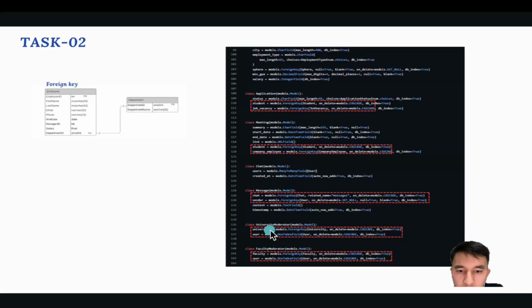University moderator connects with user. The relationship is a one-to-one field. Next task is